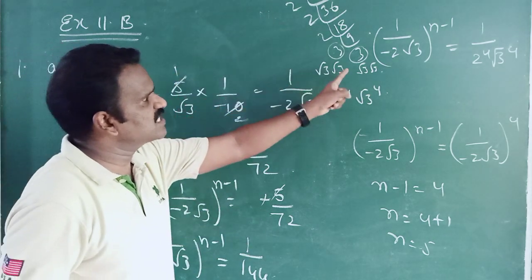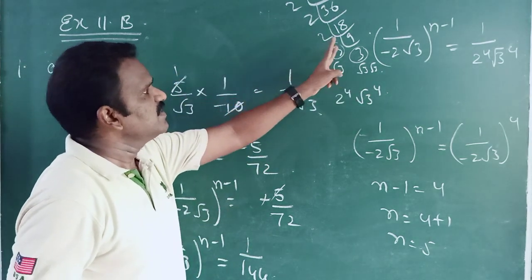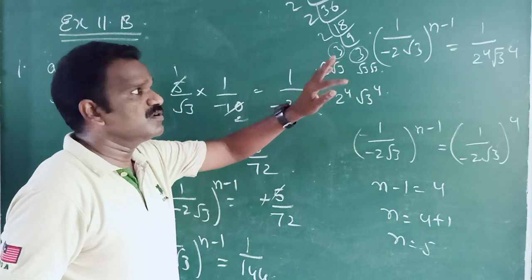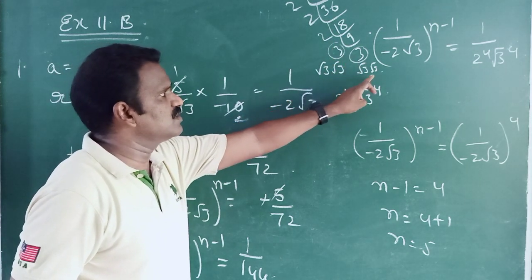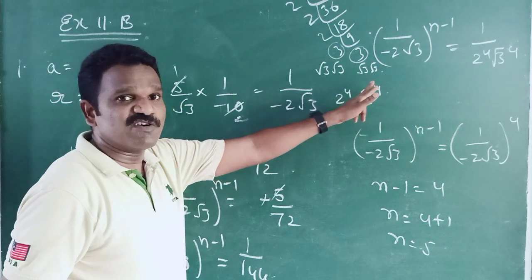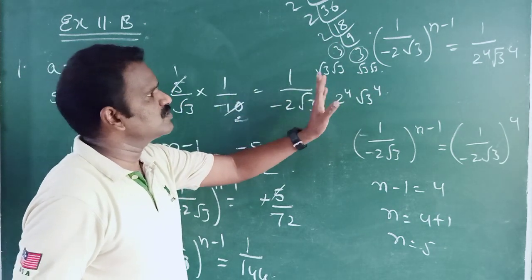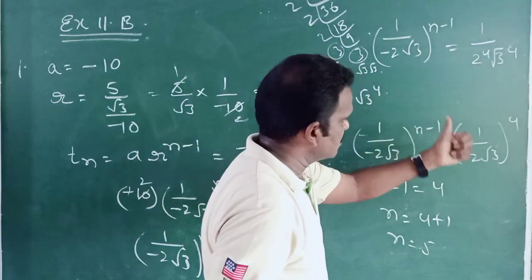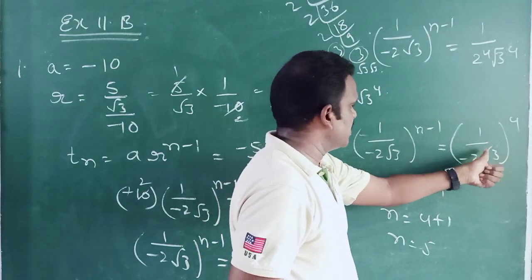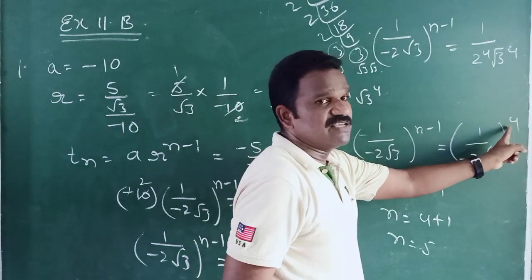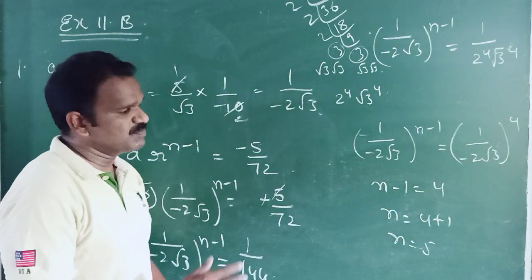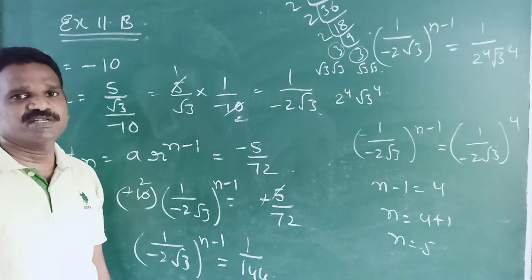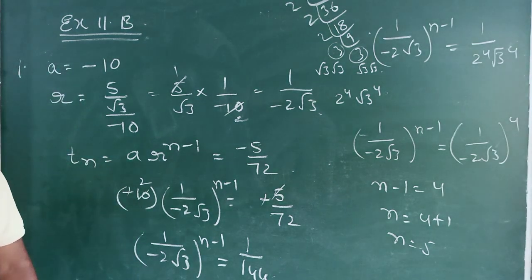144, I found the factors. When I found, I got it like this. This 3 into 3, how did I write it? The first 3 I wrote as root 3 into root 3, the second 3 I wrote as root 3 into root 3. So totally root 3 to the power of 4 and 2 to the power of 4. So I adjusted here. Why am I writing this negative? To make both the same, and also it is an even number, therefore I can use this negative symbol. Since bases are equal, powers can be equated. Just go through this sum, children.